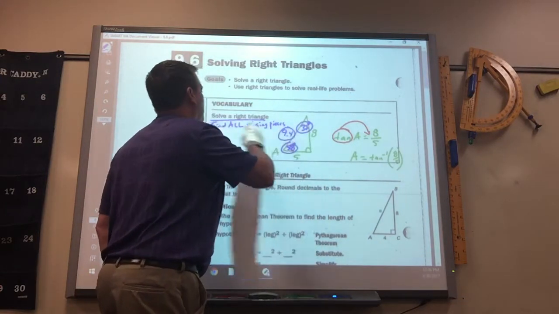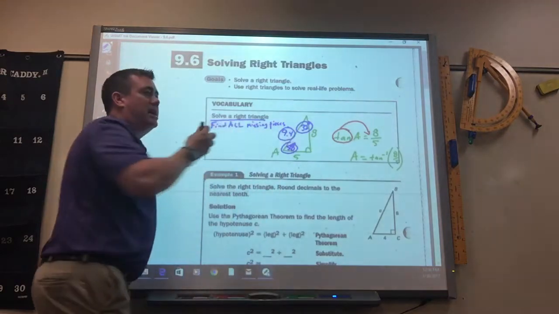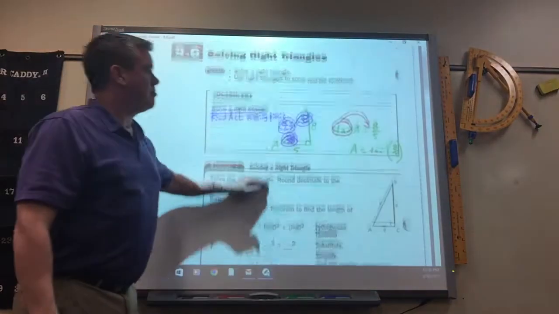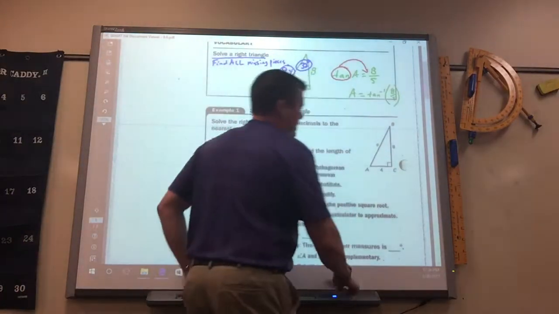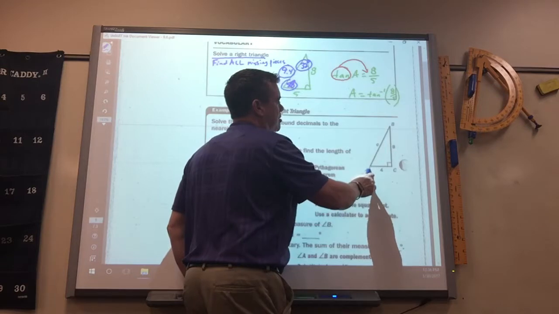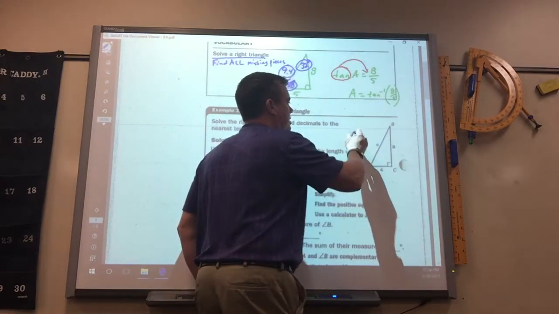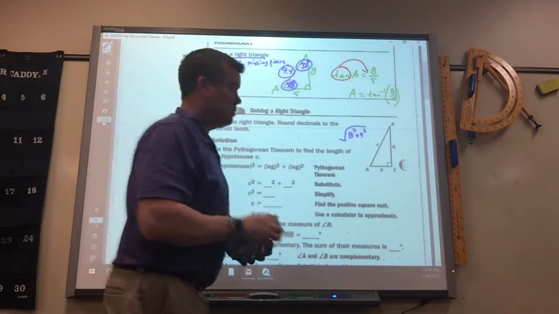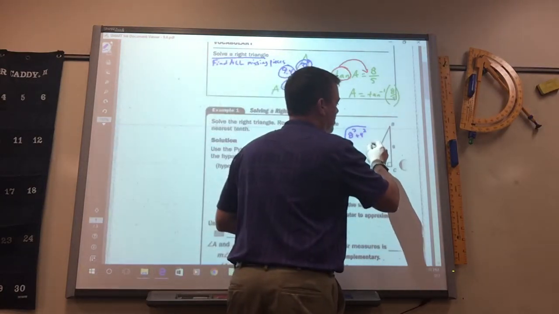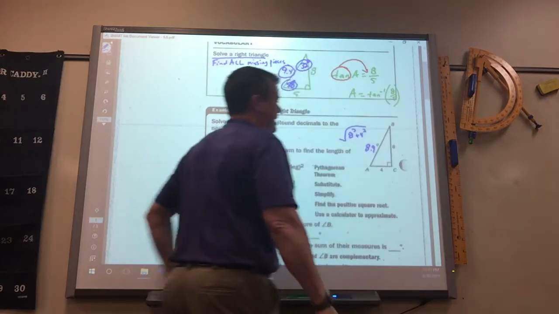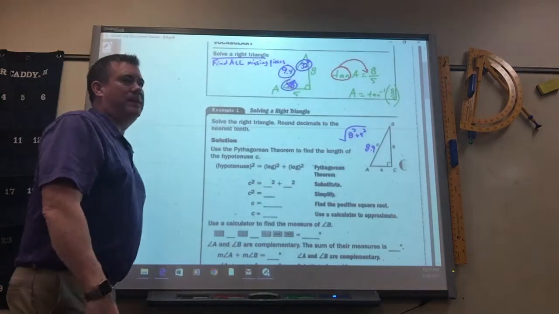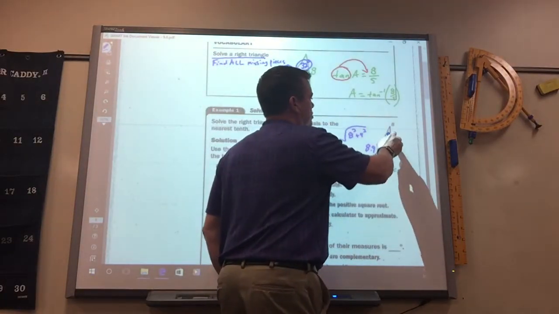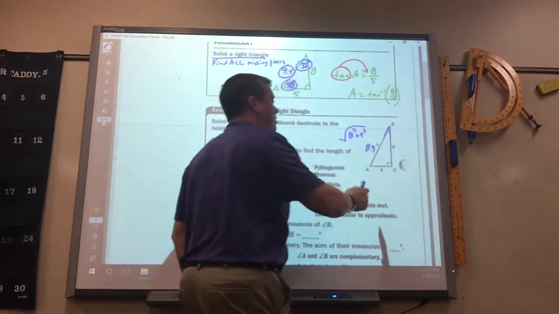You'll always find, when it says solve a right triangle, you're always going to find 3 things. So, here's one. The missing side is easy to do. It's 8 squared plus 4 squared. Square rooted. 8.94. So 8.9. Then we got to find the angle. Doesn't matter which one you find first. We'll do B since we did A before. Now,